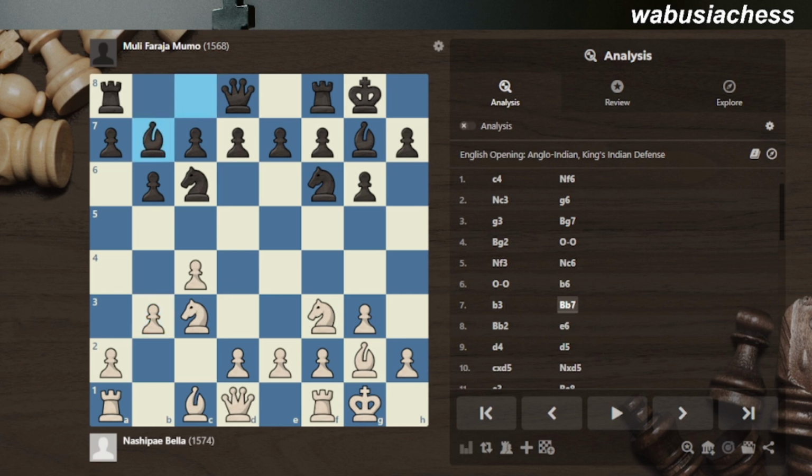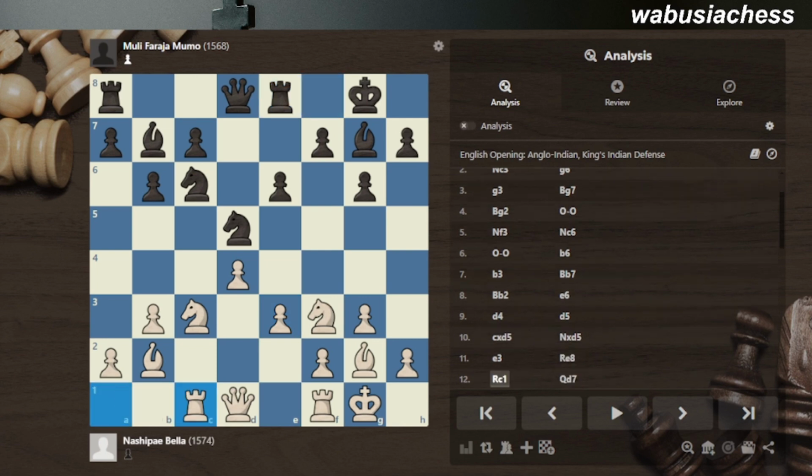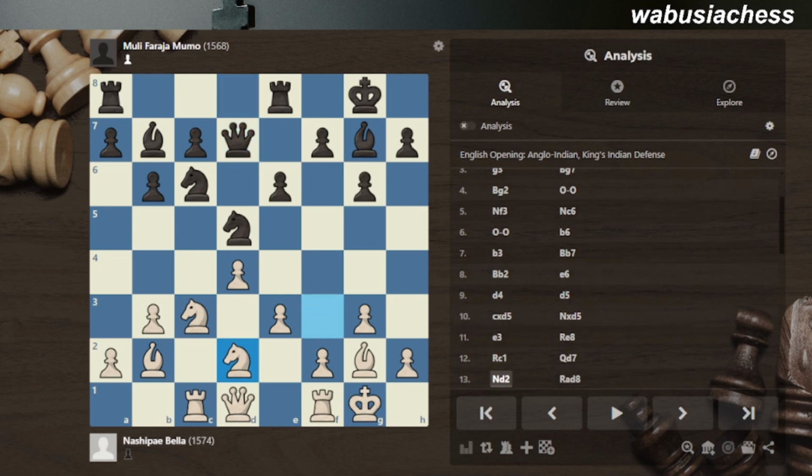So the game continues: bishop to b7, bishop to b2, and then e6, finally d4, then d5 by black, pawn takes, knight takes, and then e3. So rook to e8 by black, and then rook to c1, queen to d7, knight to d2, rerouting the knight,